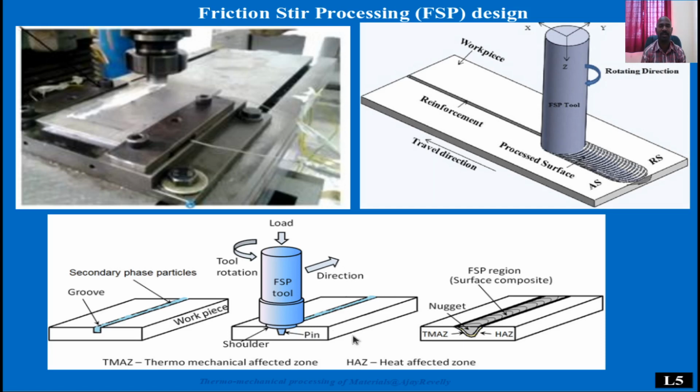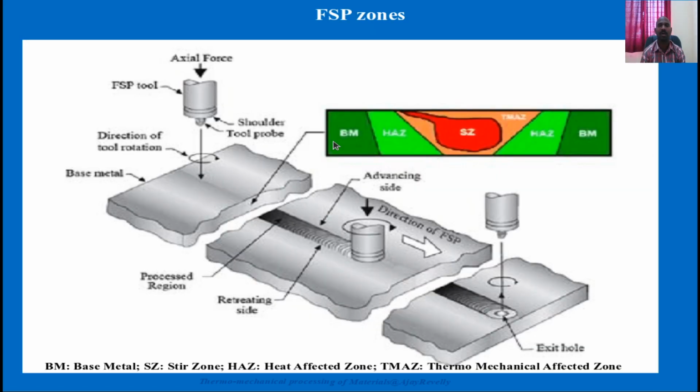After friction stir processing, this particular surface has different properties, which we call a surface composite. This surface composite can be made at a surface depth of around 2 mm, 3 mm, which could be hardened with ceramic particles, and the bottom parent phase could be soft, such as aluminum material. It is quite possible using friction stir processing.